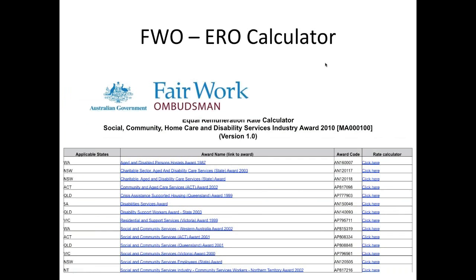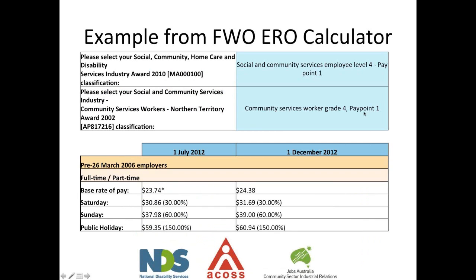If you don't have access to our pay tables, you can see what I've put up here is the Fair Work Ombudsman's website, and you can get the information off there. It'll actually ask you to choose which of the award is applicable for your state. And once you have done that, it'll ask you to put in where someone used to be classified. And in this example, we've used the Northern Territory SACS. So this is a Community Services Worker Grade 4 Pay Point 1, who translated to a grade 4 pay point 1 under the SACS Modern Award, or SCHADS SACS part of the Modern Award. Once you put all that in, it will tell you what their applicable rates of pay were